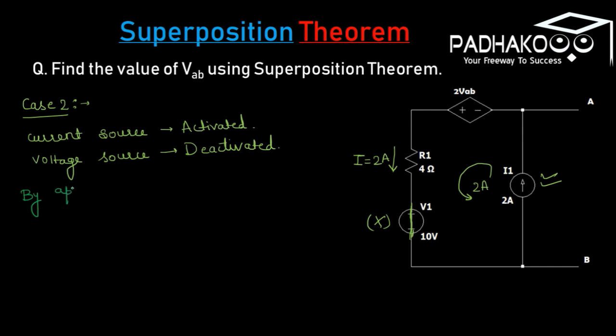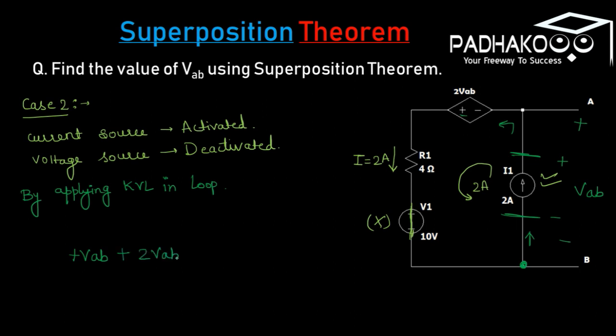By applying KVL in the closed loop, starting from here, moving across the current source, we will be having voltage VAB, which is across this particular current source. So by applying KVL, we can write plus VAB here, then plus 2 VAB, which is of the dependent source. Now here we are observing a voltage drop, so we can write minus 8,